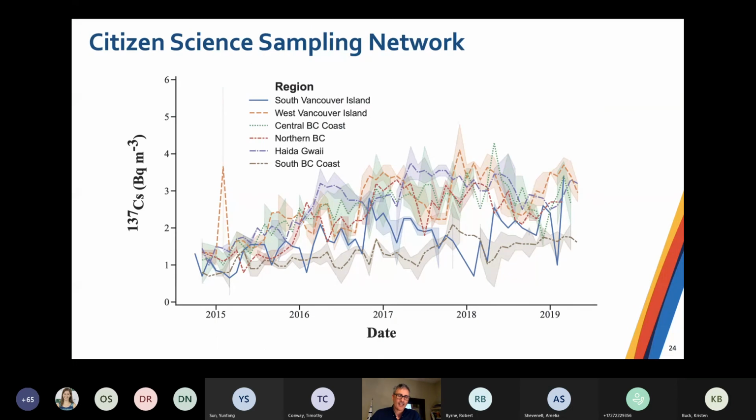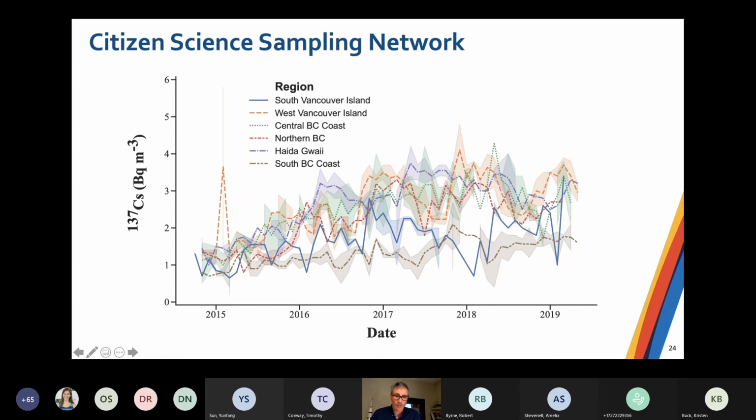So what have they found? Now, I know this is a busy plot. It's regionally sorted levels of cesium-137 in the seawater collected by our volunteers right at the coast, right at the beach over time. And you can see that areas that are more exposed to the open ocean, like Haida Gwaii, like West Vancouver Island, tend to have higher levels and the contamination arriving earlier. But we see the total amount of Fukushima-derived cesium sort of peaking at about 3, maybe 4 becquerels per cubic meter in 2017 and 2018, and a trend towards lower values